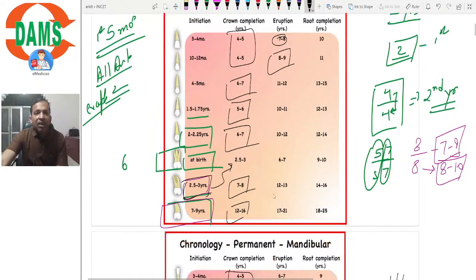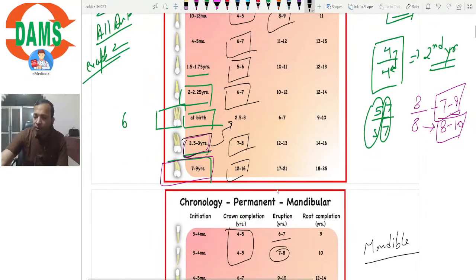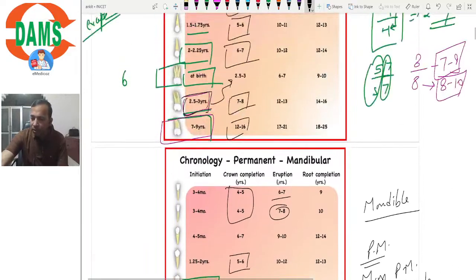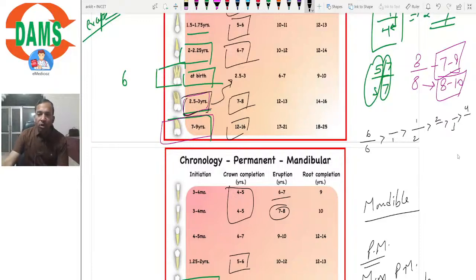इसके बाद क्या होगा? इसके बाद आएगा सबसे पहले मैंडिबुलर कनाइन, देन मैक्सिलरी फर्स्ट प्रीमोलर। तो सीक्वेंस क्या हो गई? अगर हम सीक्वेंस बनाएं तो सीक्वेंस हो गई हमारी अपर एंड लोअर 6, इसके बाद लोअर सेंट्रल, देन अपर सेंट्रल, लोअर लेटरल, देन अपर लेटरल, देन लोअर कनाइन, देन अपर फर्स्ट प्रीमोलर। क्लियर है? तो पहले अपर फर्स्ट प्रीमोलर आएगा, उसके बाद लोअर फर्स्ट प्रीमोलर, देन अपर सेकंड प्रीमोलर, देन लोअर सेकंड प्रीमोलर, देन अपर कनाइन। तो अपर कनाइन इज द लास्ट टू इरप्ट अमंग्स्ट द कनाइन्स एंड प्रीमोलर्स ऑफ बोथ द आर्चेस।